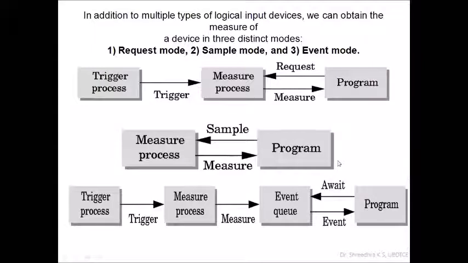So with this introduction to this block diagram, try to elaborate it with your own understanding and textbook support, or I will try to provide notes for this. You can read it and make yourself comfortable in answering this question: What are the types of logical input? How to obtain the measure of these devices in the program? This is a usual question I have observed in the exam. It will be asked, and you draw this diagram; it's a simple diagram, but the activity inside should be explained with an example or any device.